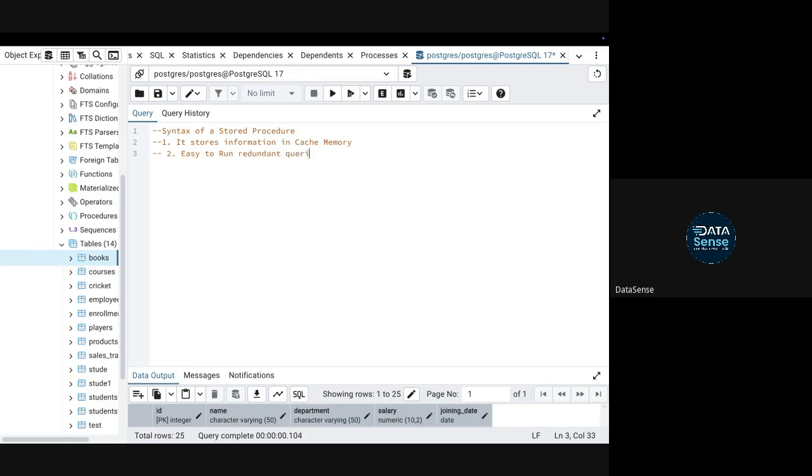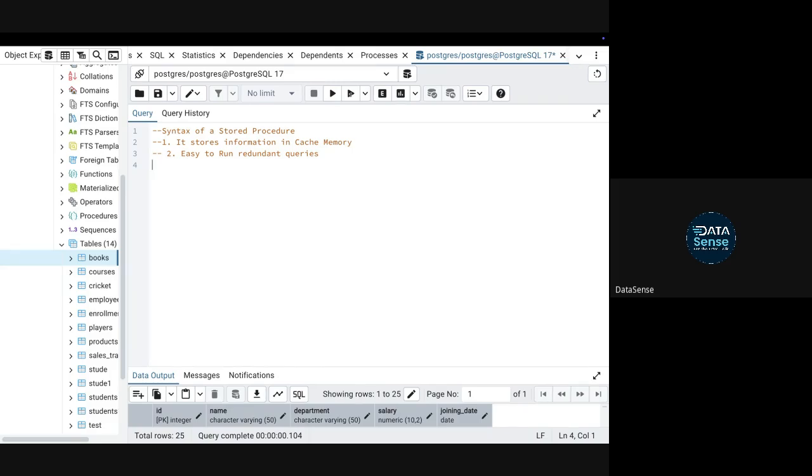Suppose there's a big query, like 1000 or 2000 lines of code, and you have to make at least 500 changes every time you run the code. It becomes very error prone. So it's better to write a stored procedure there, because you will just need to declare some variables.